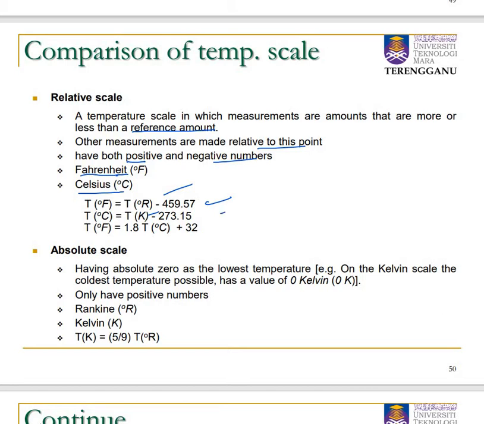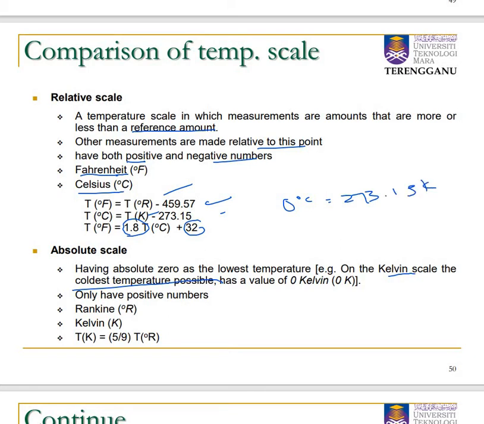So if we have degree Celsius and want to convert to degree Fahrenheit, we need to multiply with the ratio just now, and also plus 32. It's a reference point for the freezing point. Now we move to the absolute scale, having absolute 0 as the lowest temperature. The Kelvin scale is the absolute temperature because it detects the coldest temperature possible. So our 0 degree Celsius is equivalent to 273.15